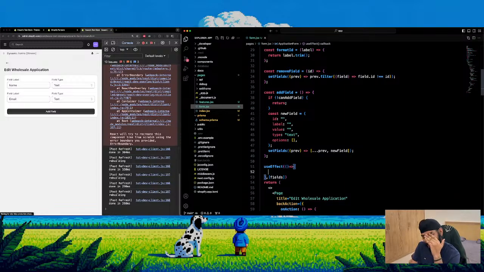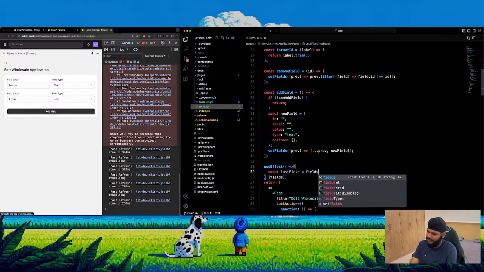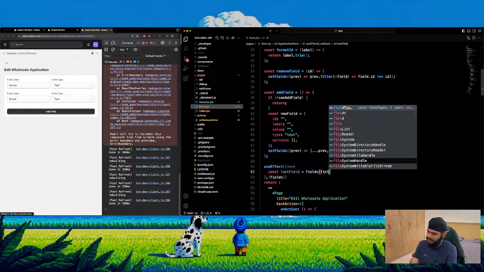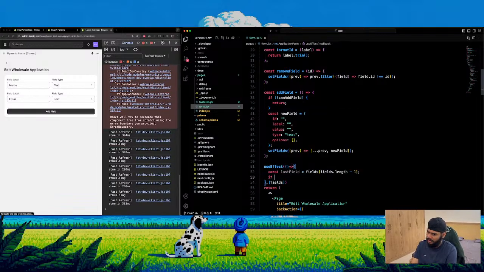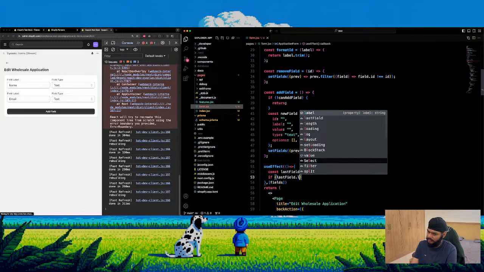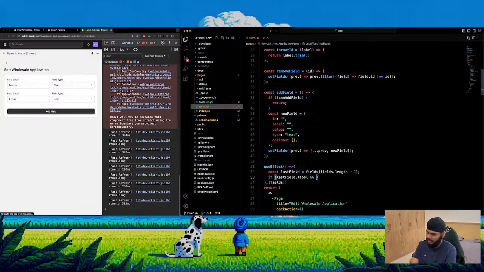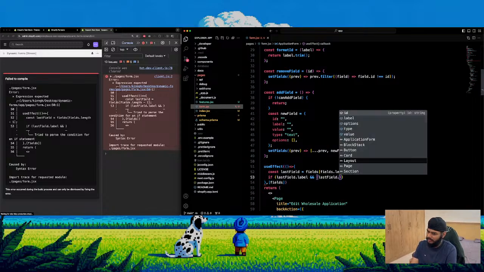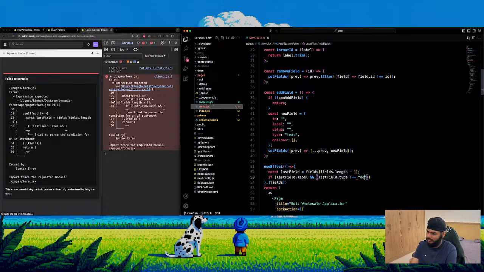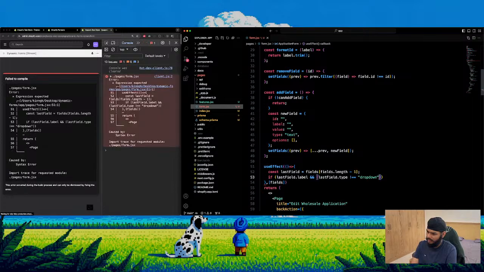I think I know when I'm doing this wrong. Okay, const lastField equals fields[fields.length - 1]. If lastField.label and lastField.type is not equal to dropdown,